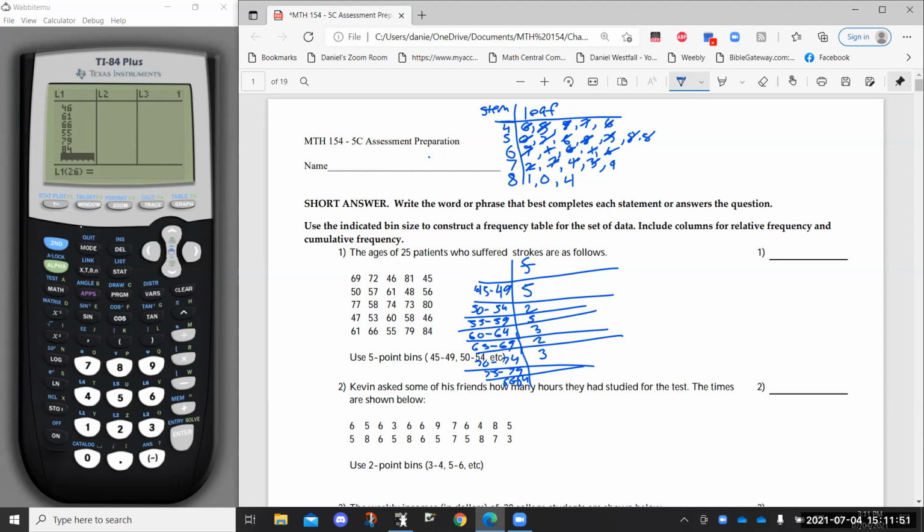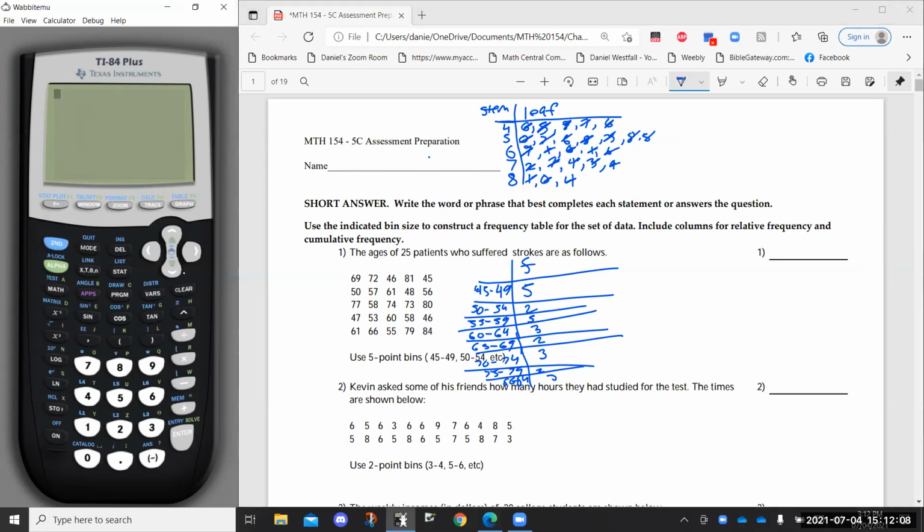75 to 79. 1, 2. And then 80 to 84. 1, 2, 3. So if I wanted to sort them on the calculator and see that,